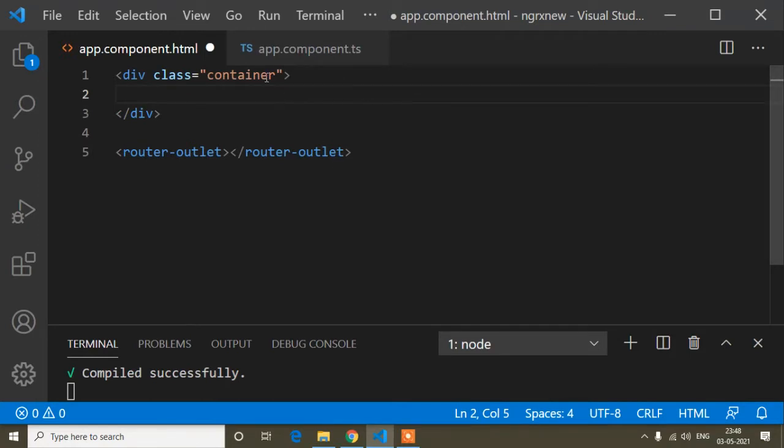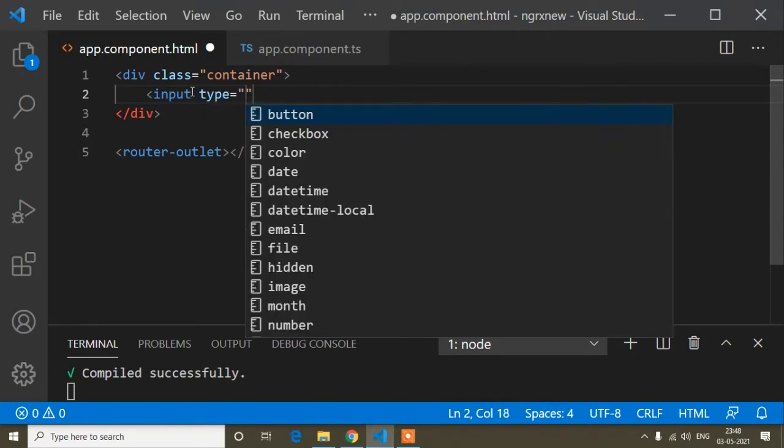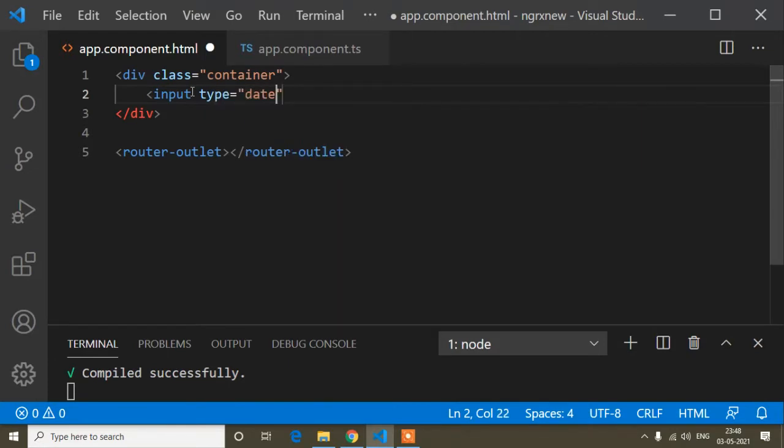Now I will create our date picker. Input type, and the type is date, and now I will write a min property. When we set a min property, we can set the disabled dates as per our choice. Min is the short form of minimum.